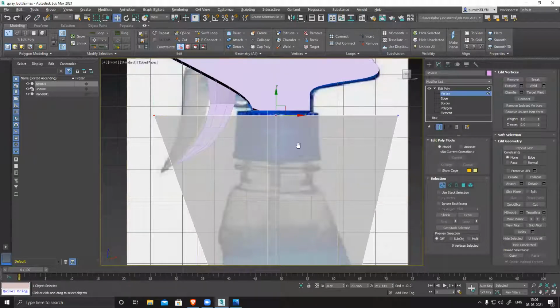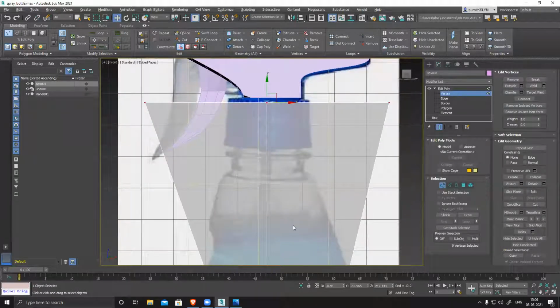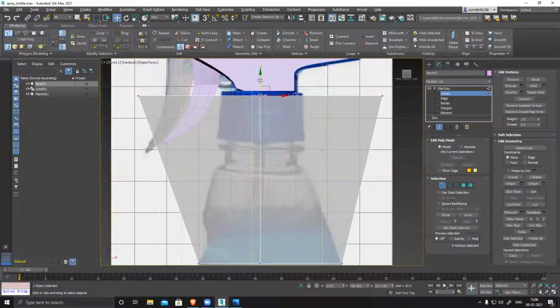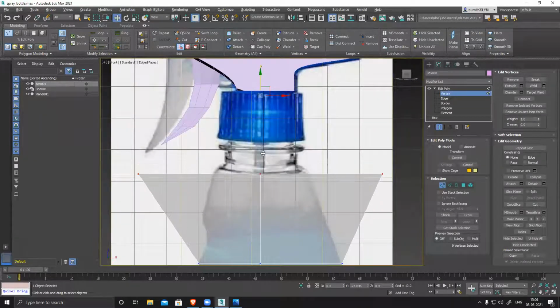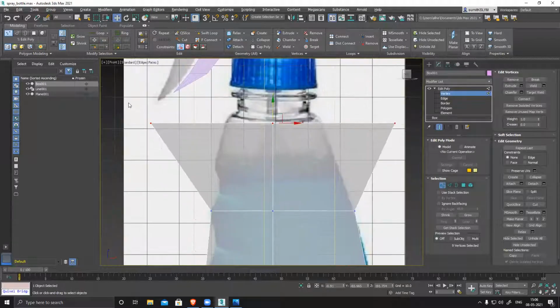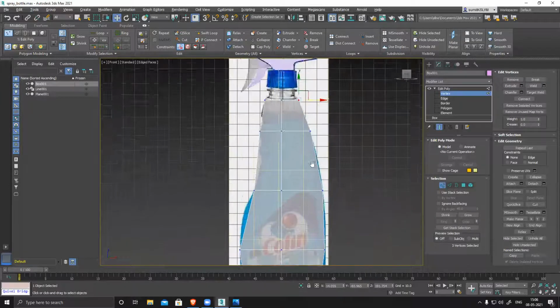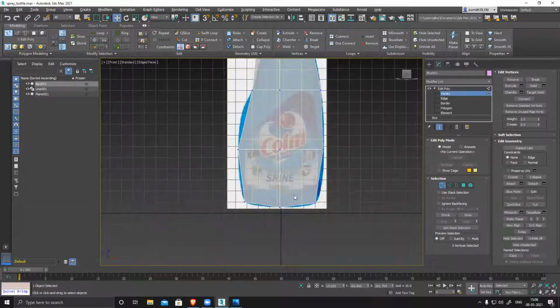For this bottle, the neck is more of a round circular shape, right? So with the box, I cannot do it. I'll just push it here, this section, and later I'll add in-between loops and then create those volumes. Now you can see it's very low poly.